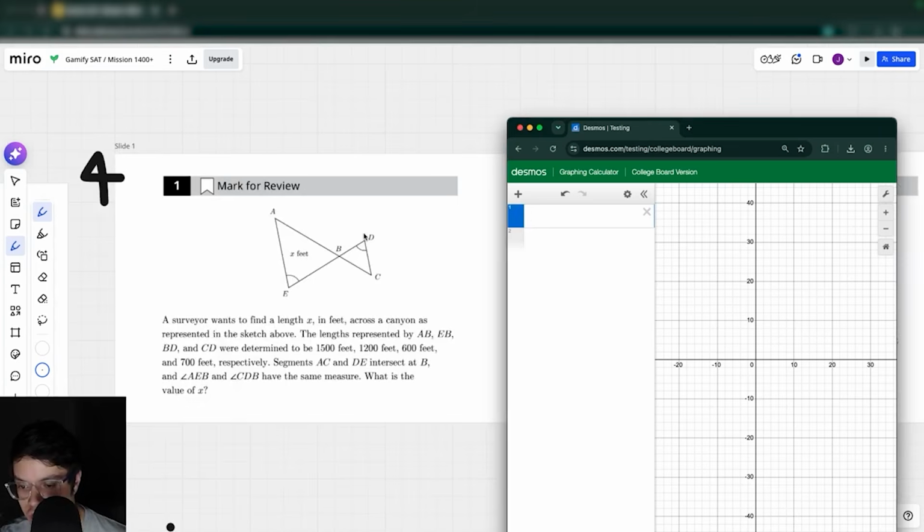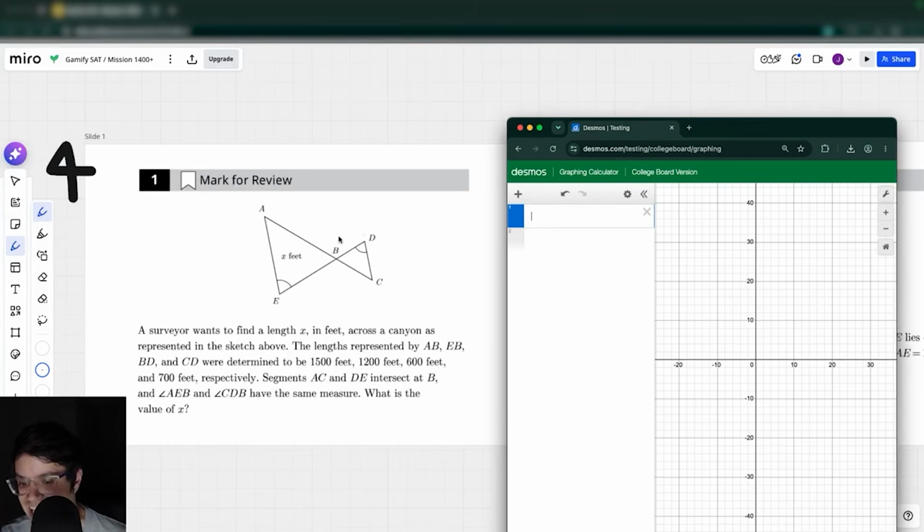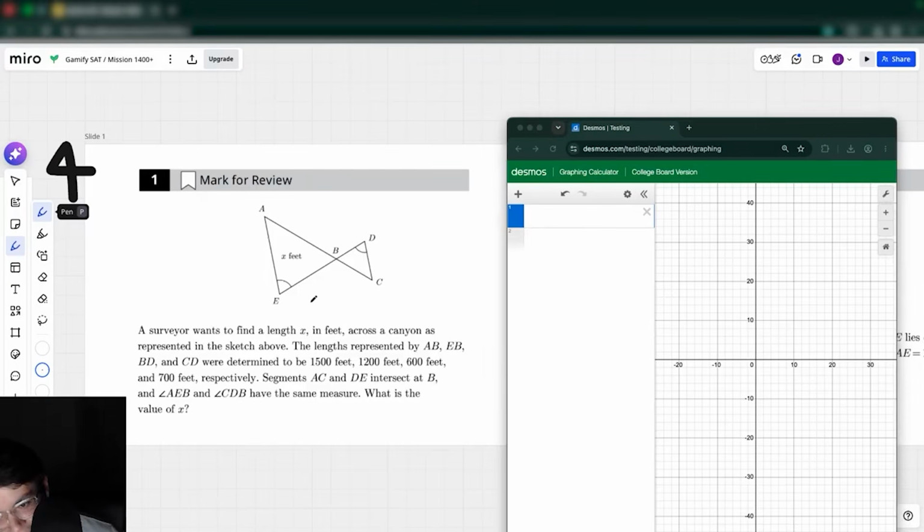Question 4 here, I know this is going to look really, really complicated, but it's actually not even that bad. Most of this stuff is just information. So let's go ahead and write this here. We're talking about a canyon here, so Grand Canyon type stuff. Lengths are AB, EB, BD, and CD. So AB would be 1500, EB would end up being 1200, BD would end up being 600, and CD would